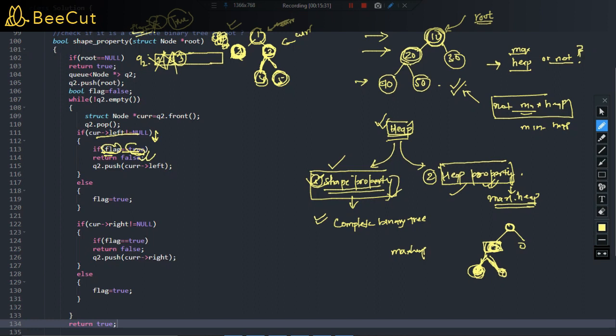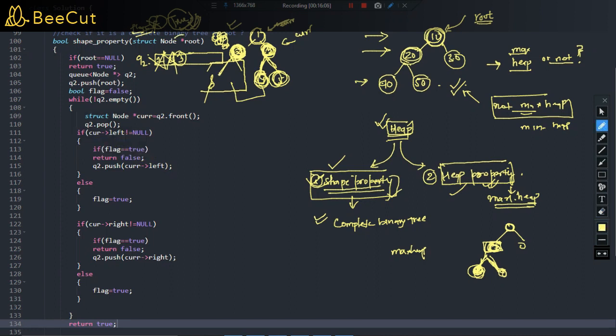We already saw that in this case we had updated the status of flag to true because its left child was null. And if we have already updated the status of flag to true, how come we can have a node which has a child? If you have a child, then your previous node should also have a child to be a valid complete binary tree. But this node does not have a child, so how come the node on its right has a child? This is illegal. In order to detect this, we were using the variable flag. I hope you understood how the flag is actually working.